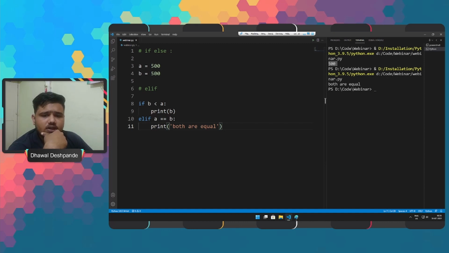There is one more thing that we come across. It is the shorthand for if else. Let's check the syntax for the shorthand.